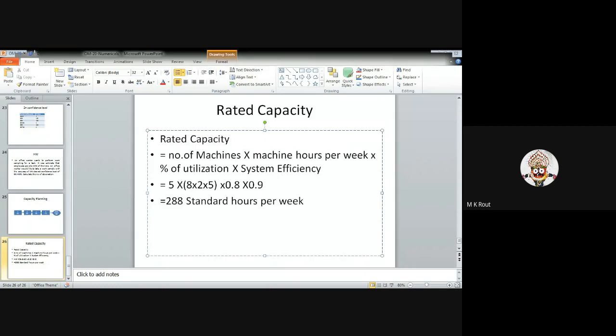The machining center contains 7 number of machines with the same capacity,